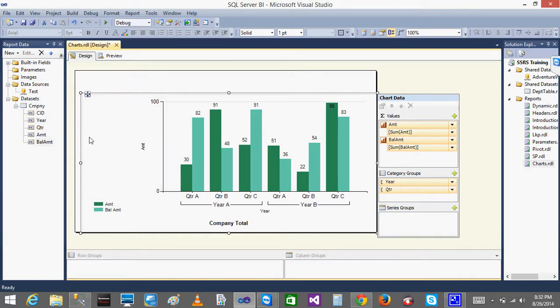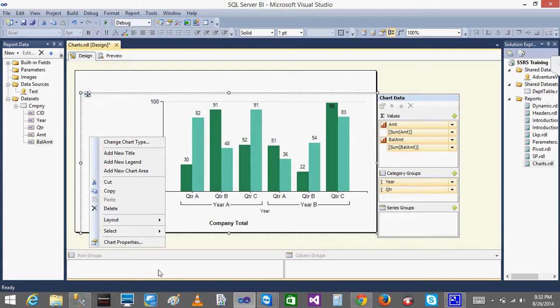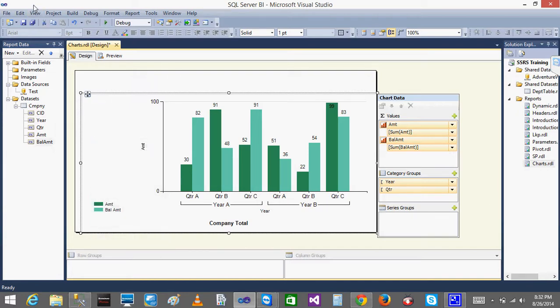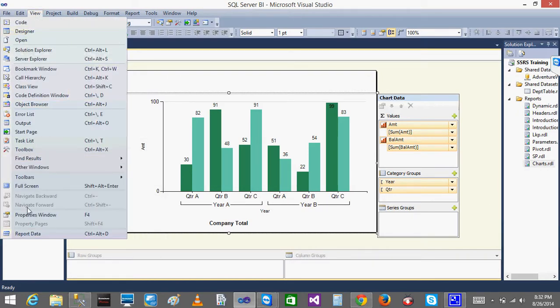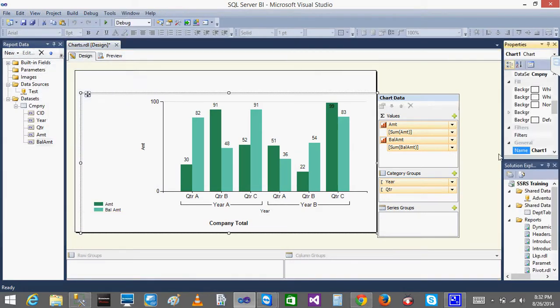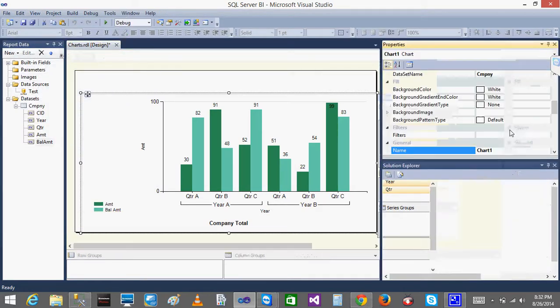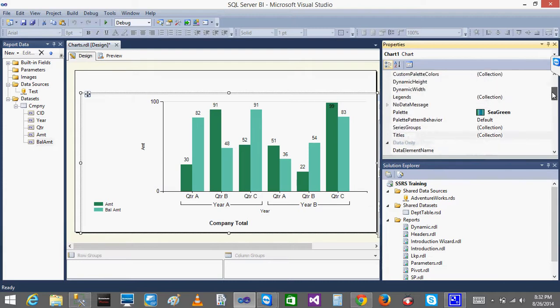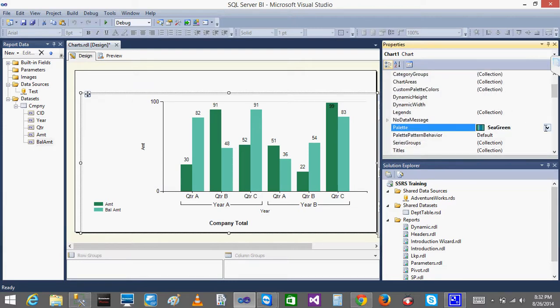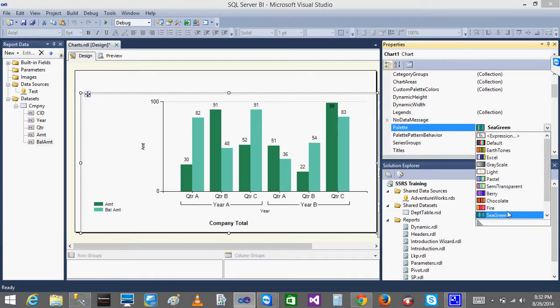The other way to give the color is to select the chart, click this one, and view the properties. When I view the properties, I get a concept called palette. In the palette, just click on this, and you can select your own custom one.